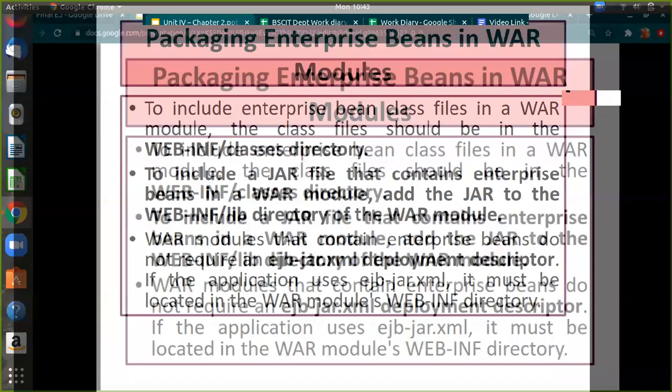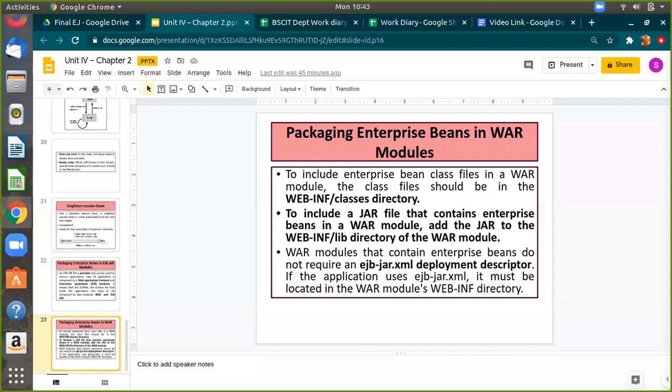So there we end this chapter. In this chapter, the important topic you can take is the types of session beans. Learn all three types of session beans properly. One question is definitely going to come from these three types. It can ask you to explain a stateless session bean, or a stateless or singleton session bean, or it can come as explain the types of session beans in enterprise Java bean. That is also a very good question. You can write all three life cycles in short, in brief.